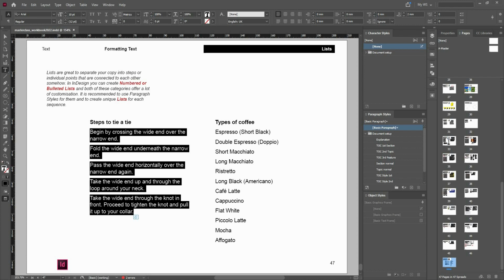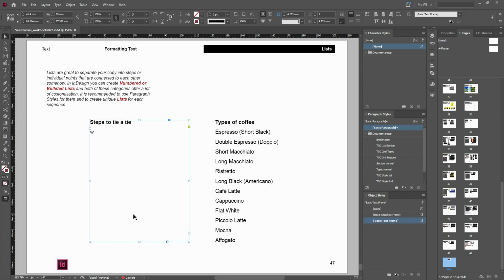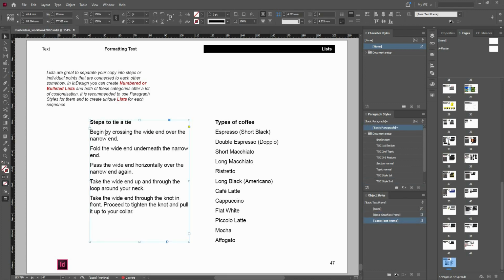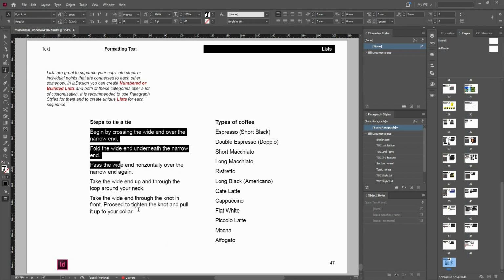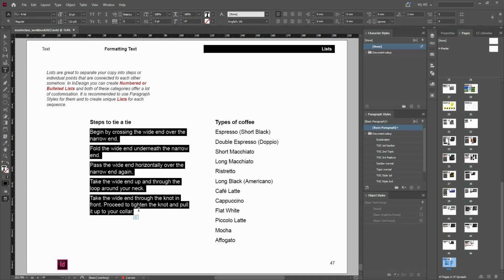If I show you the hidden characters, you will see that each of these paragraphs is divided by paragraph returns. Also, I have space after each paragraph just to divide them even more visually. So all I need to do is select these paragraphs. If I wish to turn them into steps in a numbered list, I can go to this